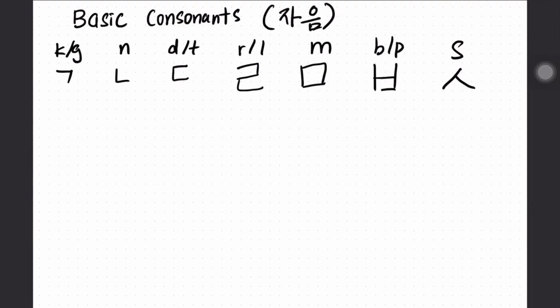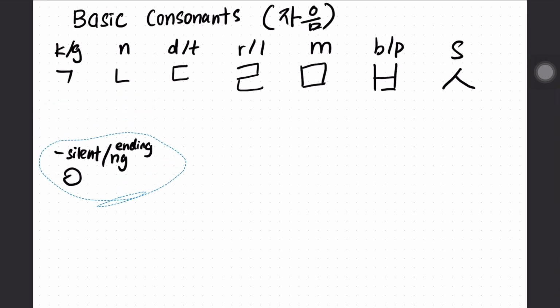Okay, and moving on, our ear, which is just a circle. So, yeah, it is no sound, silent, or ng at the ending. Okay, just a circle, nothing much. Let me move this down a little bit. Okay,